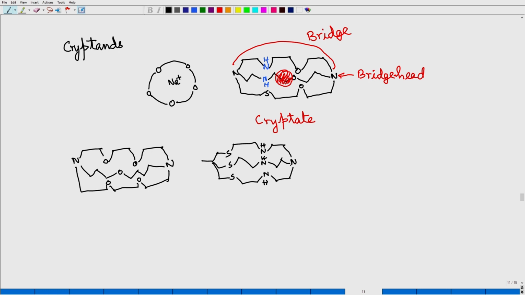can make this, or we can make, here I have made one aromatic,